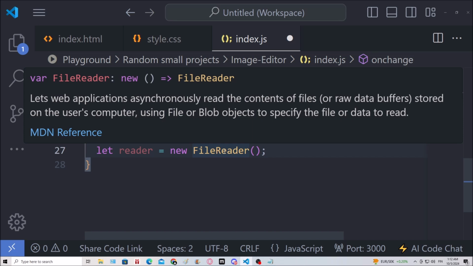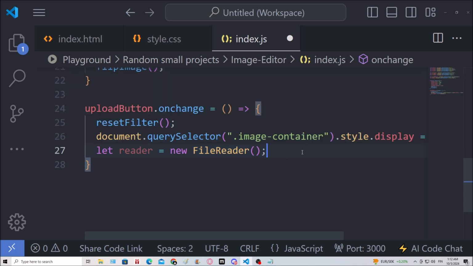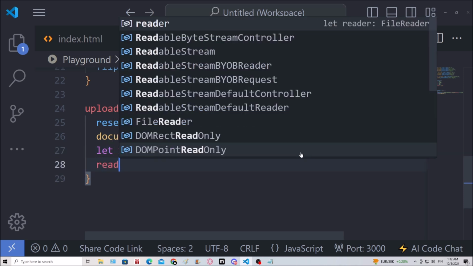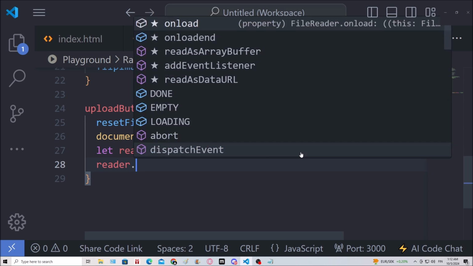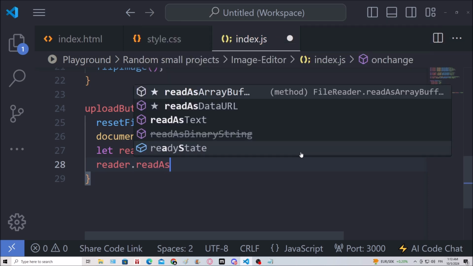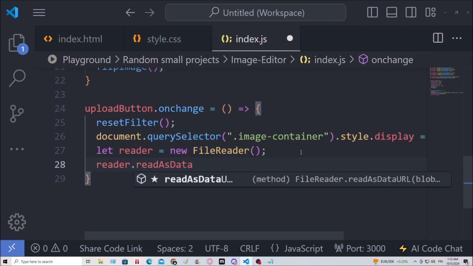So yeah, this lets us read the contents of files. Alright, there we go. Then we will take the reader, access the readAsDataURL method, and